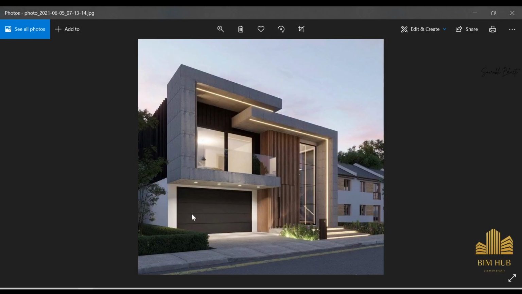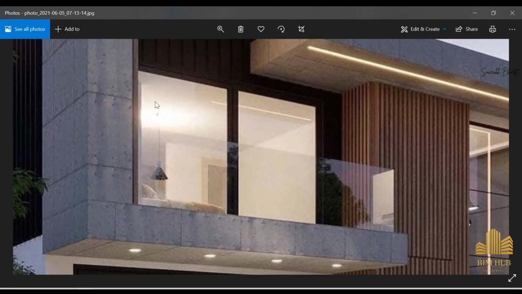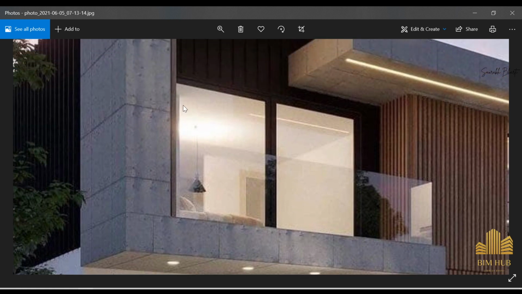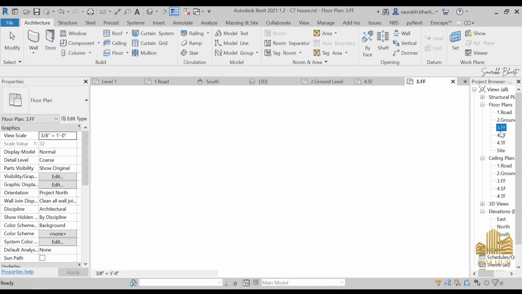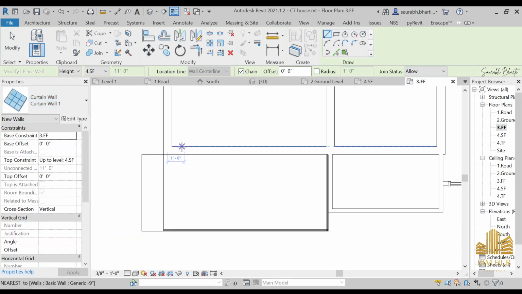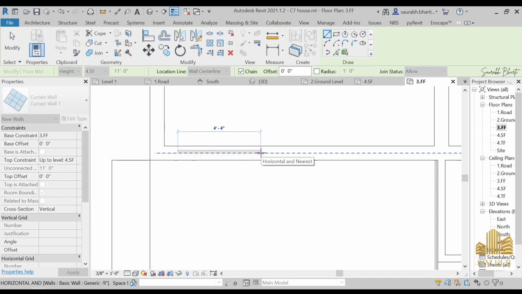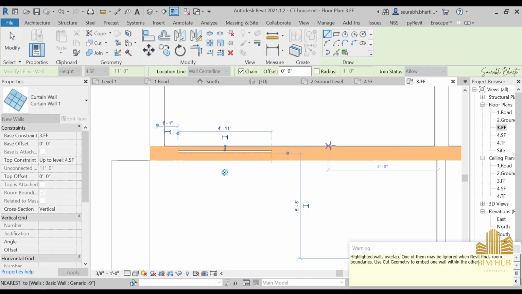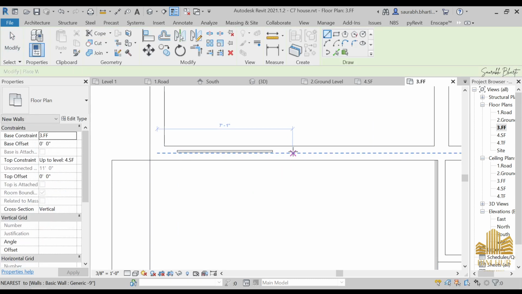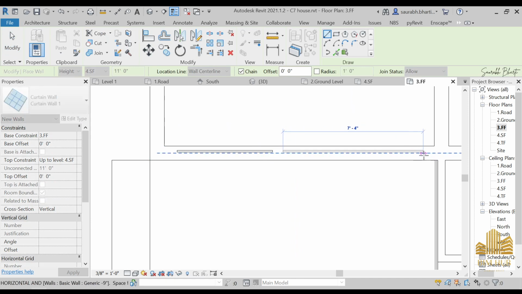Now what else we need to make is, we have here this door, maybe, is it a door or a window? So I think one of this is door, one of this is window. So maybe there's one handle to this one and there's nothing on this side, so we can make that one also. Go to the first floor, go to the wall and select this curtain wall, give it a size of something like 5 feet for the door, okay, give it 5 feet, and then again go to the wall and make it something from here to